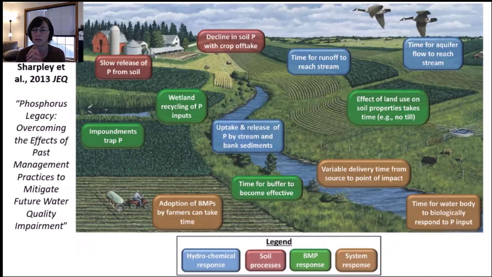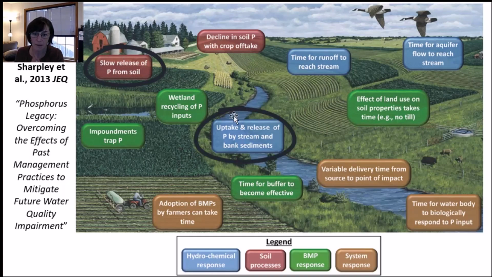Now here's a nice illustration from Dr. Andrew Sharpley and others that nicely illustrates the concept of lag time involved between doing a conservation practice and actually seeing an improvement in water quality. There are a lot of great temporal effects illustrated here. This is especially important for issues of legacy phosphorus in fields. For example, if you have legacy phosphorus in your field here, there will be a slow release of phosphorus from the field for years, decades, even centuries potentially.